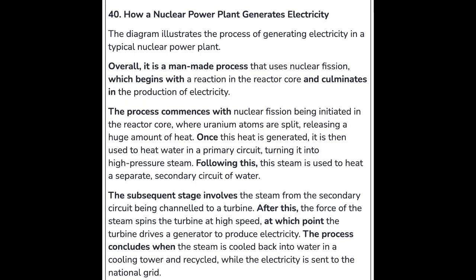amount of heat. Once this heat is generated, it is then used to heat water in a primary circuit, turning it into high-pressure steam. Following this, the steam is used to heat a separate, secondary circuit of water. The subsequent stage involves the steam from the secondary circuit being channeled to a turbine. After this, the force of the steam spins the turbine at high speed, at which point the turbine drives a